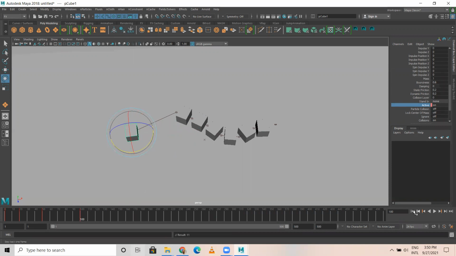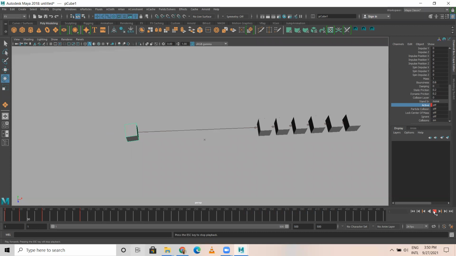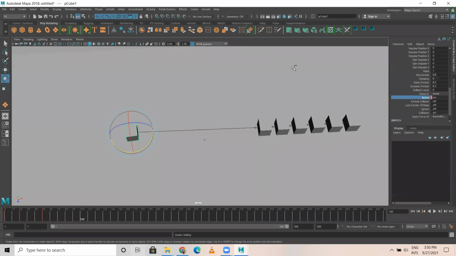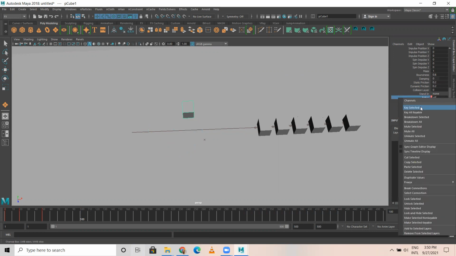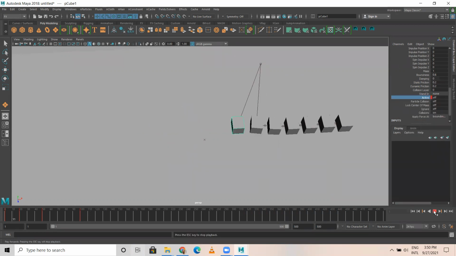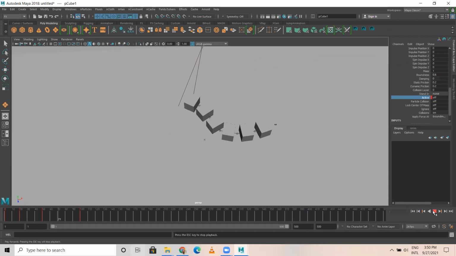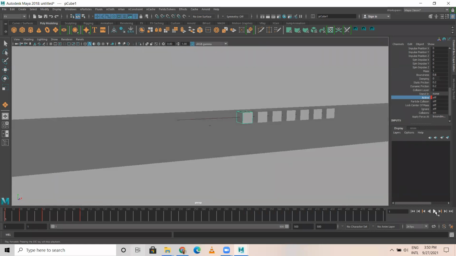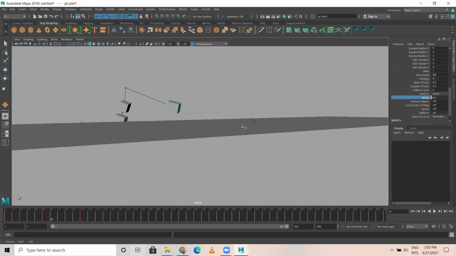Set key. Okay, it should be off that time. That's what sometimes, this sort of malfunctioning will happen.